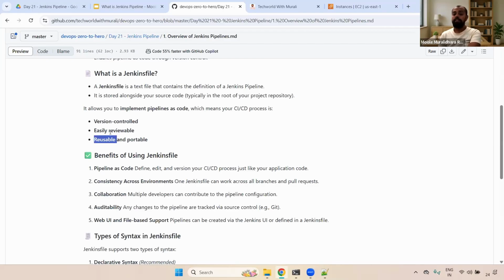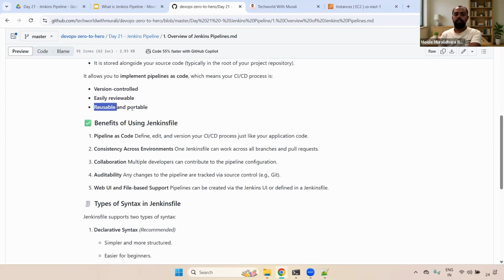If you remember, in the Jenkins job we have Build with Parameters, right? We can define the same thing inside the Jenkins file, so that we can use the same Jenkins file wherever required, for any application. Understand it? And it's also portable as well. You got it, right? And coming to the major benefits of using a Jenkins file: